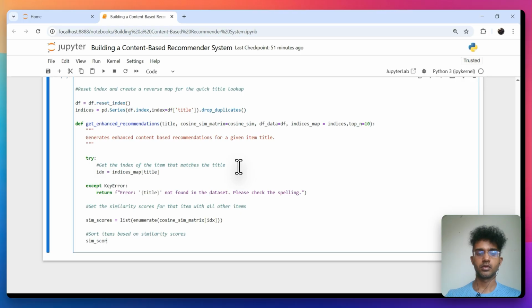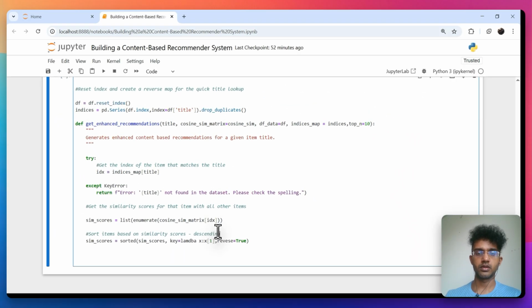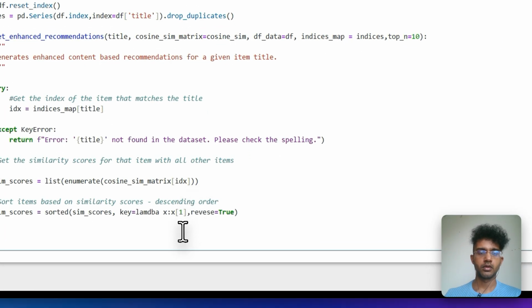So sim scores equals sorted sim scores, key equals lambda x such that x1, reverse equals true, because we're sorting this in the descending order, right? Let's say descending order. And then